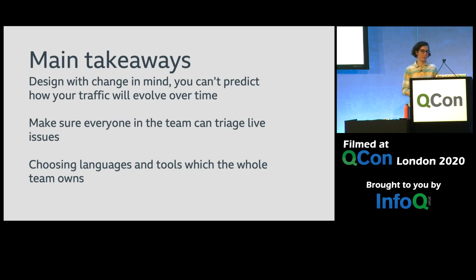So the first one of them is, change is the only constant. You're always going to have to adapt to change, even if you choose a monolith. As things change and you measure them, you're going to have to adapt. So